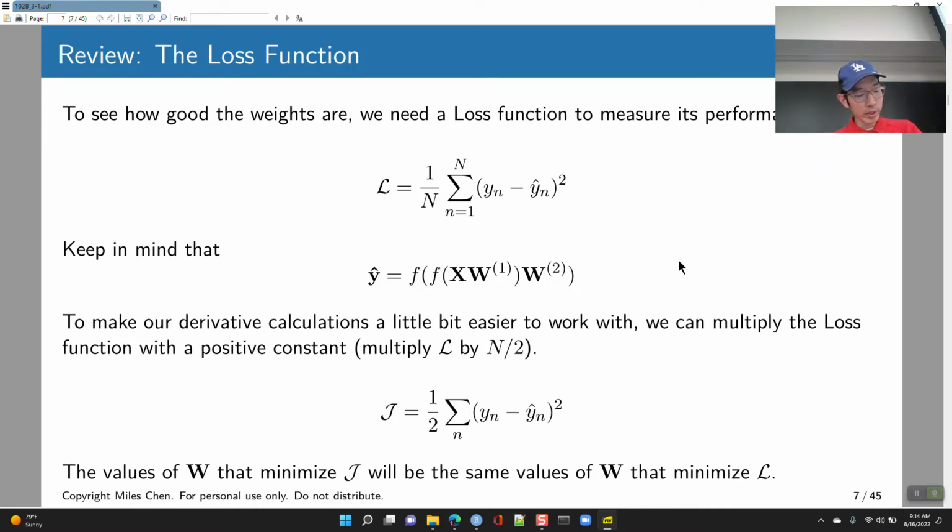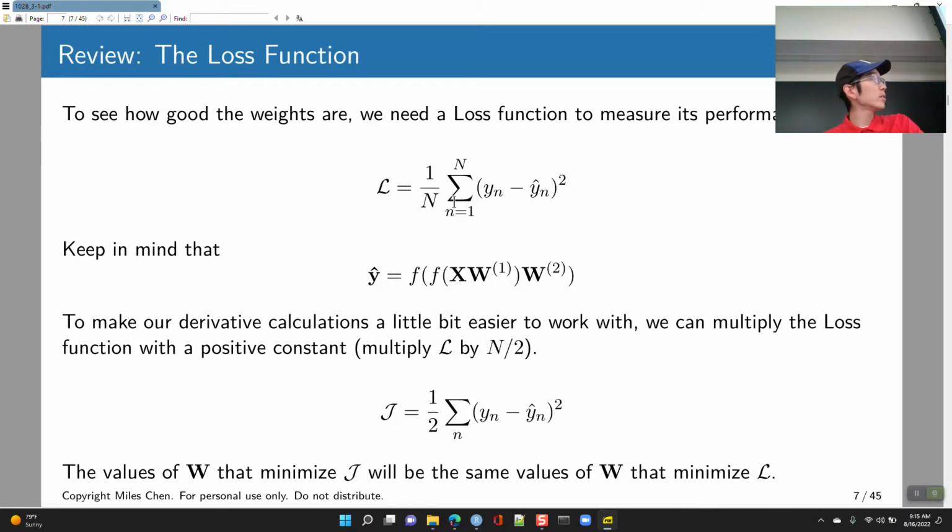So what we want to do is find the set of values w in w1 and w2 that will minimize the loss function. We want to minimize the difference between the predicted values y hat and the actual values y. Our loss function is going to be the mean squared error. We take the difference between y and y hat, square those differences, add them up, divide